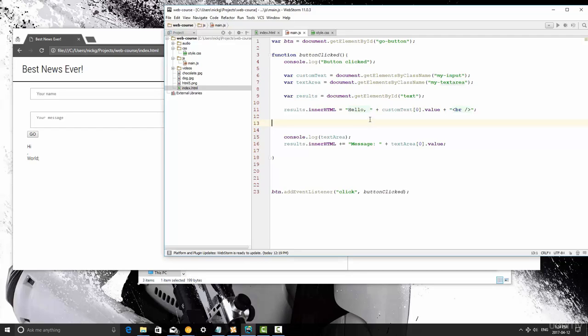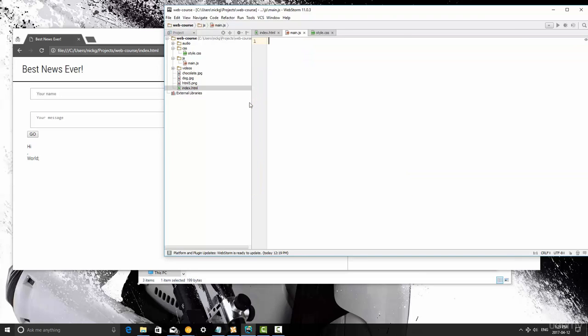All right, so what we're going to talk about in this video is a little more about functions, and we're going to pass parameters into a function. Right off the bat, I'm going to remove all of this because we're not going to be using any of it. Now I'm going to create a function called